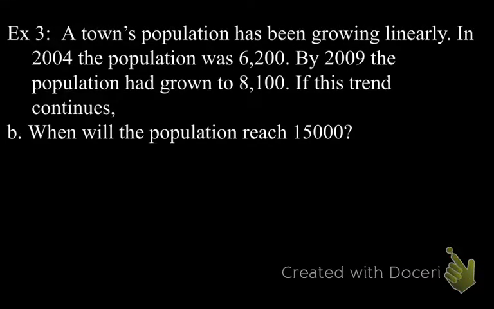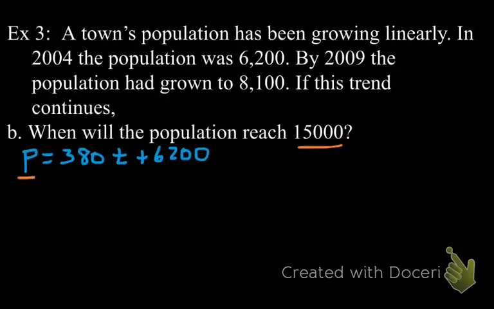The second part of this question, when will the population reach 15,000? Well, we have to go back to our model again, and our model said P equals 380 times T plus 6,200. Now they're asking us, when does the population reach 15,000? So that means they're having us put in a p-value of 15,000. So let's go ahead and do that. 15,000